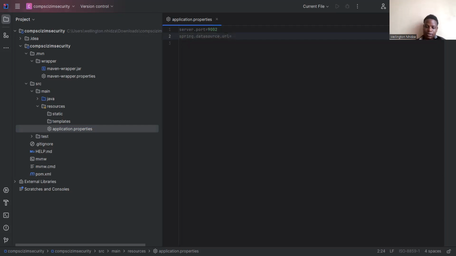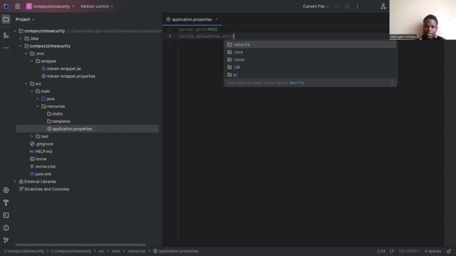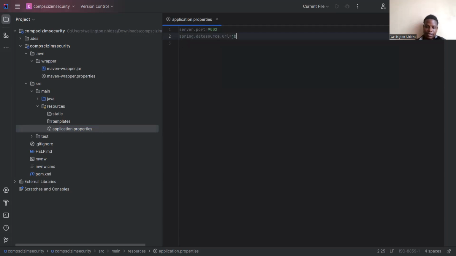We are going to use JDBC, and the database is MySQL, and it's localhost. So the default port of MySQL is 3306, and the database name, I'm going to say